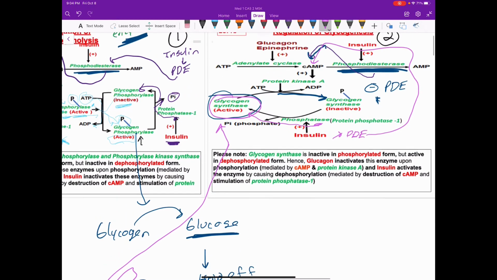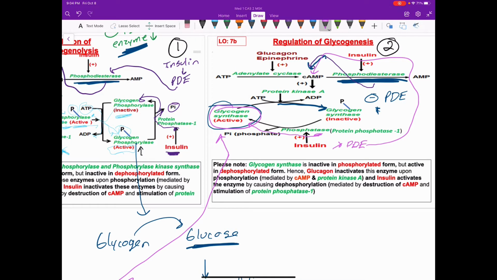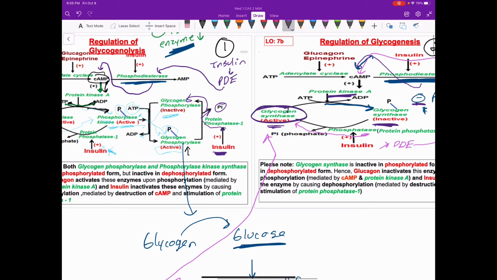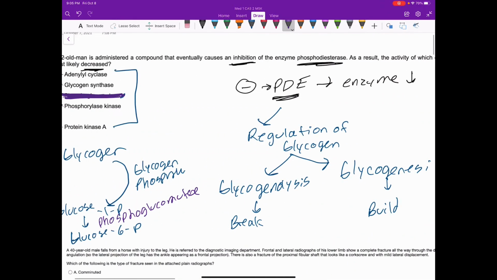Now, what enzyme is inhibited or not working as correctly? It's going to be glycogen synthase. This is going to be the answer. Why is he the answer? Because PDE is inhibited. cAMP is not inhibited. PKA is not inhibited. So they're making this guy. If they keep making an inactive form of glycogen synthase, they're not making an active form of glycogen synthase. So we're going to have a decrease